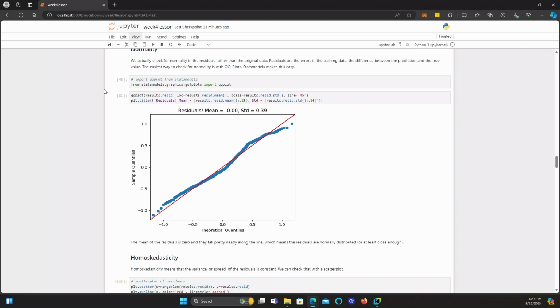The first one is normality, and we check for normality in the residuals rather than the original data. Residuals are the errors in the training data, the difference between the prediction and the true value. The easiest way to check for normality is with QQ plots, which statsmodels makes super easy. So from statsmodels.graphics.gofplots, I am importing qqplot, and then I'm doing a QQ plot. This is the results from our ordinary least squares regression above. It's saved as